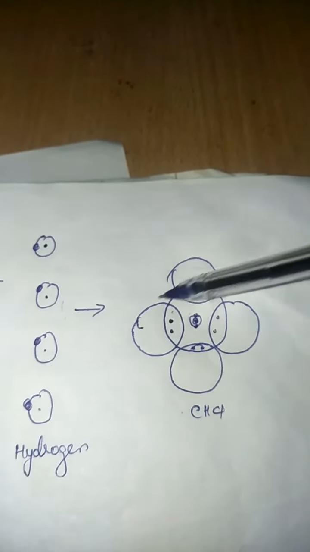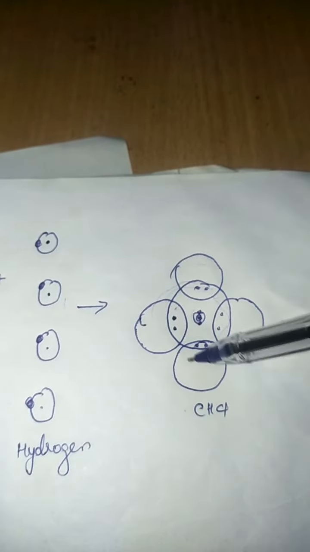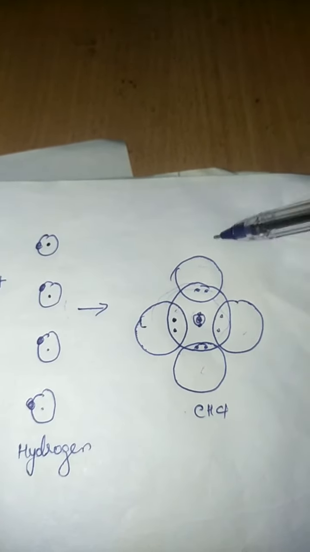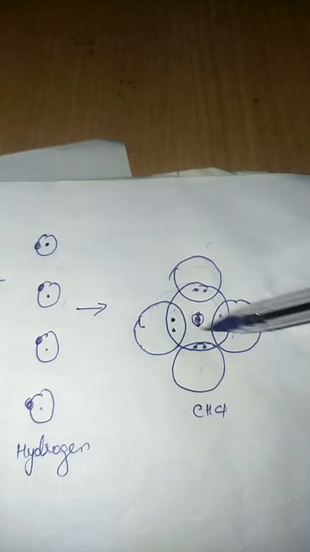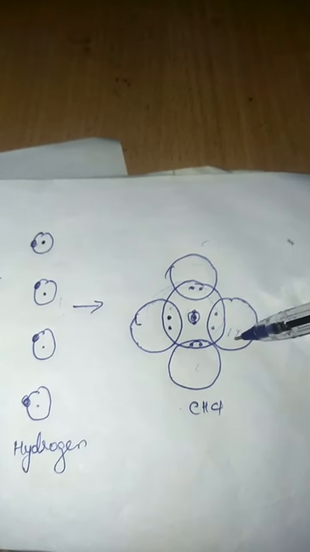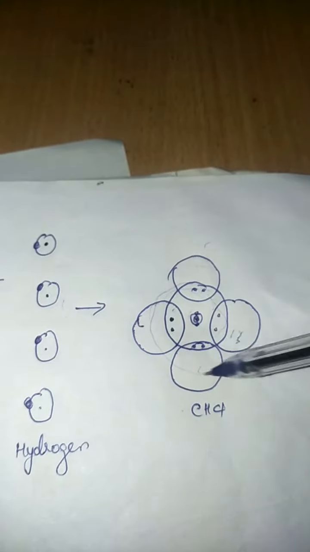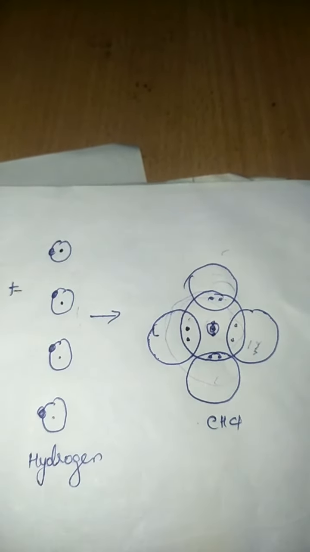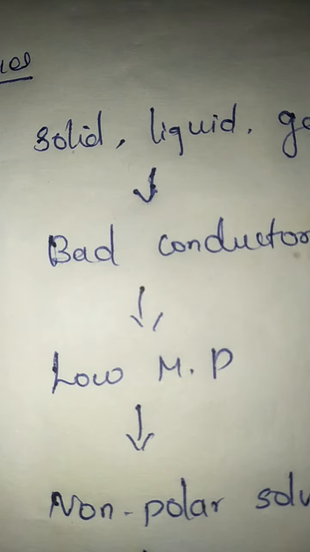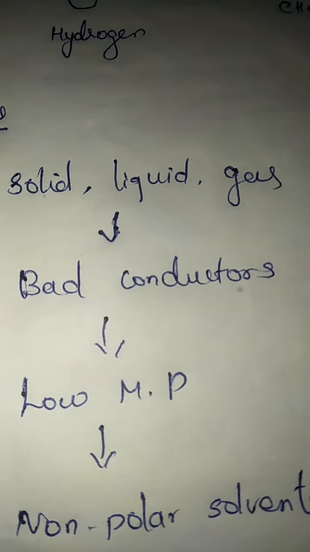It is an example of multi-bond formation. Hydrogen has only one electron, so it shared that electron with carbon so that they achieve 8 electrons in the outer shell. Now we can see the properties of